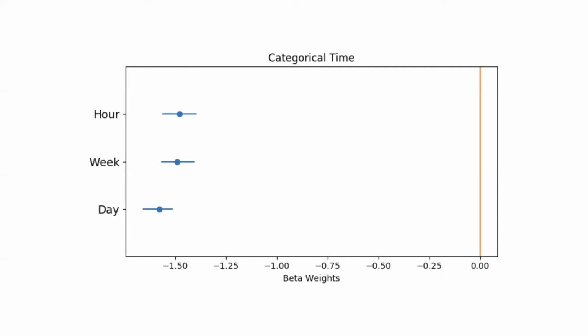And we did that. But what we found was that categorical time was a better predictor. So by categorical time, I mean when events were similar according to the day and the hour and the week, for instance. So in the day measure here, for instance, what we would do is we would say that 2 times were the same if they appeared on the same day, even if they appeared on different weeks.